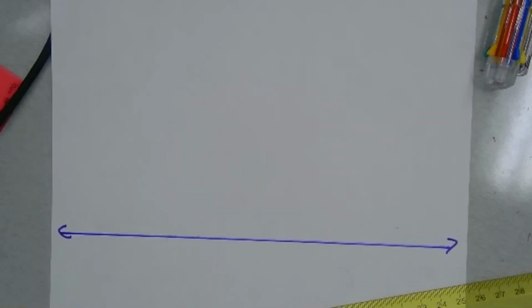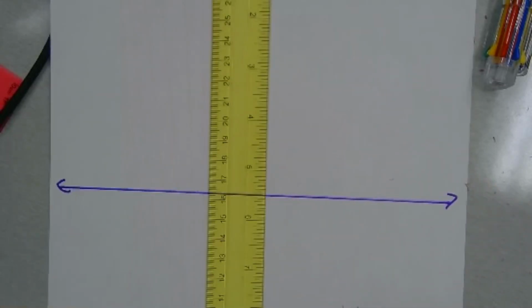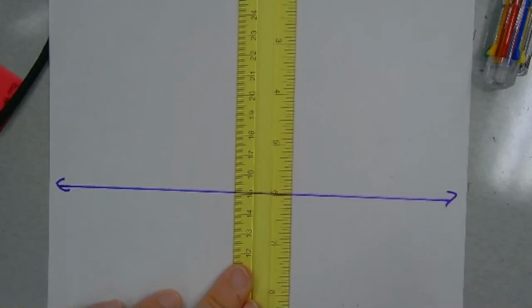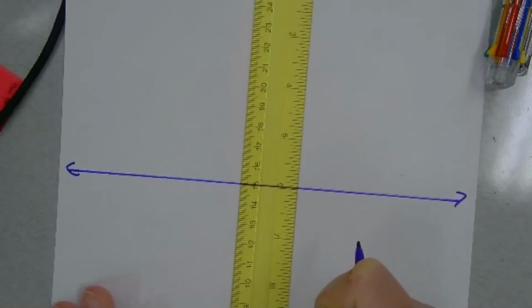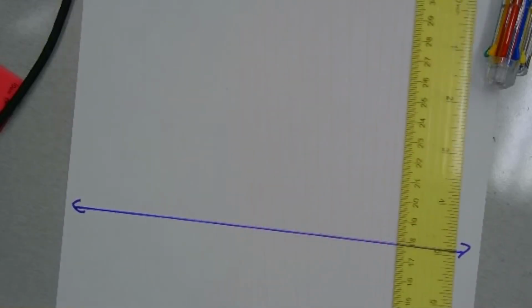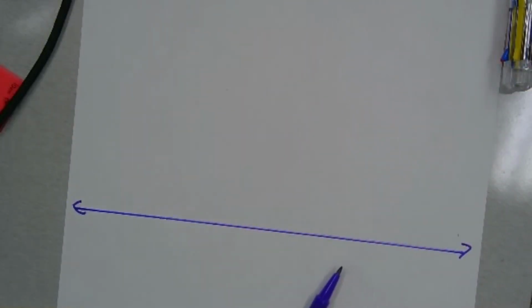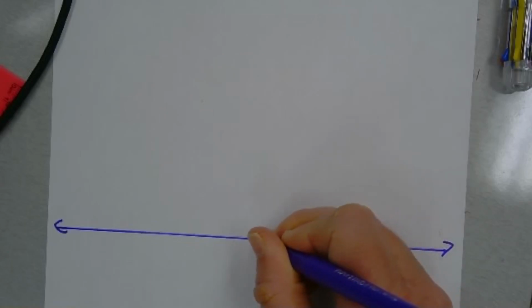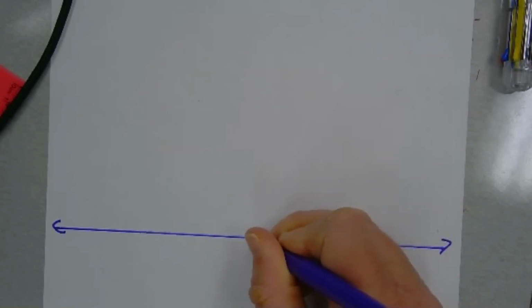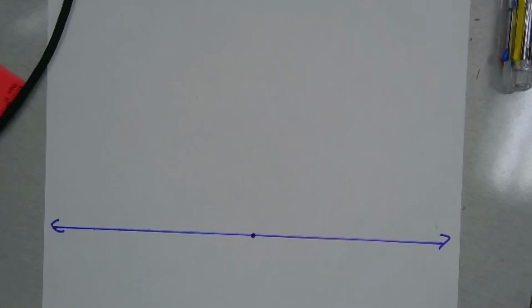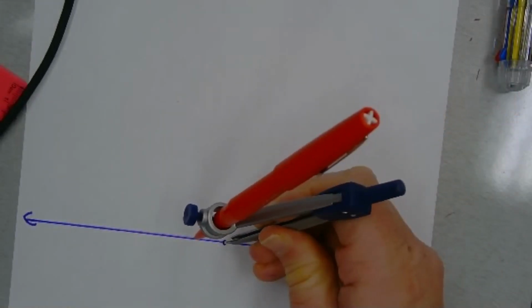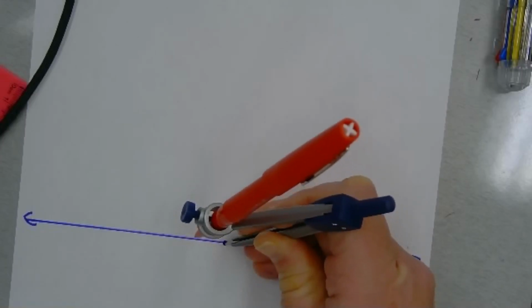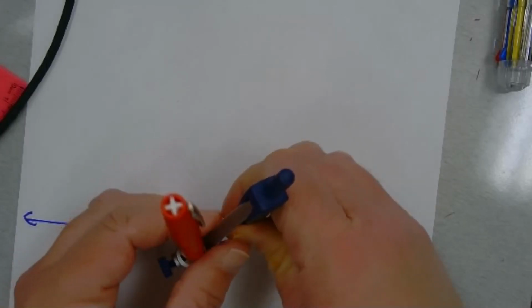For the purpose of this class, most of you will now just go ahead and eyeball your very best perpendicular line to this. I know because I've met many geometry students, and that's also what they do whenever they think I'm not looking. However, I am going to show you how to do it properly. So let's start by defining where the origin is. And now if I would like to make a line that is perpendicular to this, that means that I need to center it at the origin,